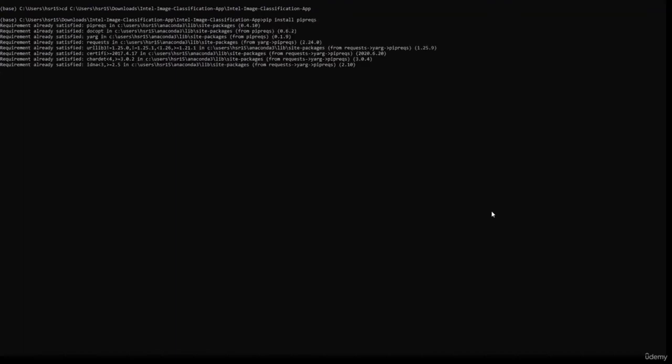In order to create a requirements.txt file, we first need to install pipreqs on our system. For that, we need to run the command pip install pipreqs. Here you can see that it is showing requirement already satisfied, because I have already installed that on my system. And after installing it, you need to run the command pipreqs.